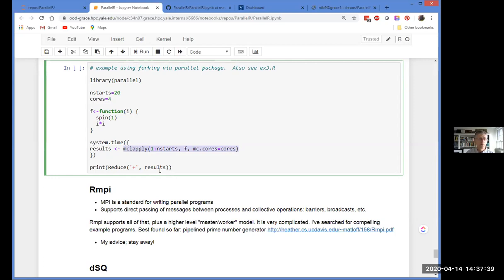And then we can go ahead ourselves and do this reduction. This is similar to the combine that we have in for each. This is how you tell mclapply how many workers to start. So you can see that this is very similar to what we were doing in for each, just slightly different syntax. So I can go ahead and, I believe, this will run.